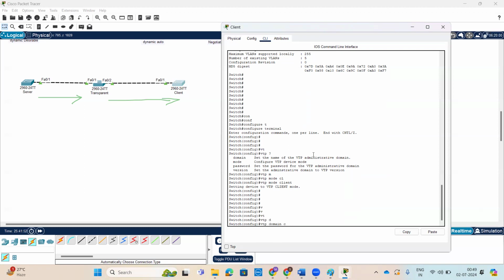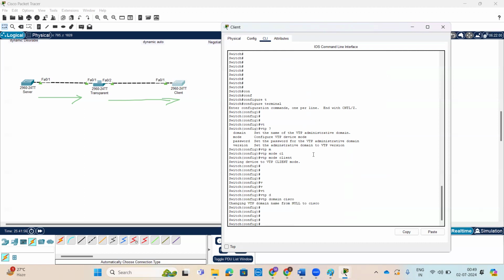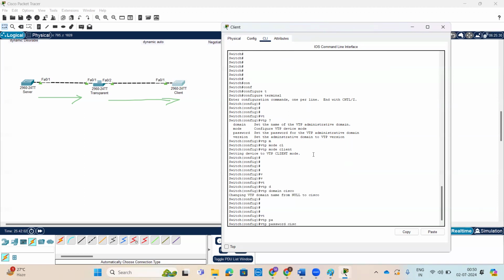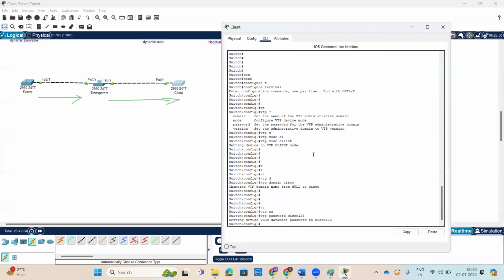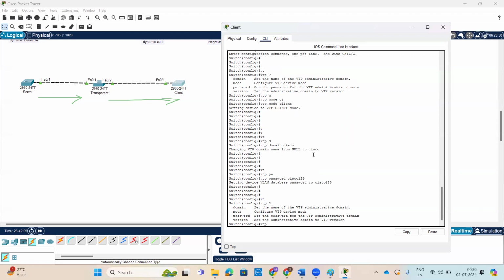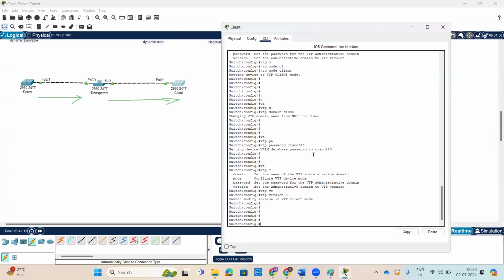Domain name as Cisco. Domain name must match and password also must match. VTP password Cisco 123 and